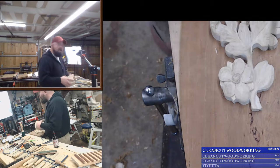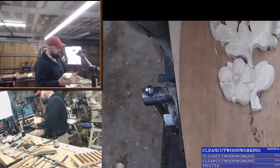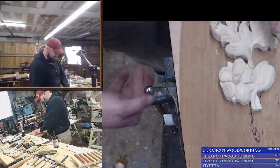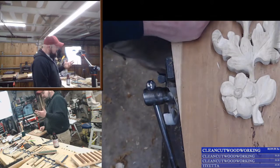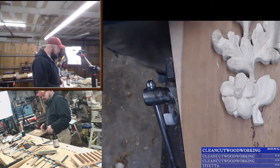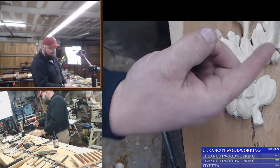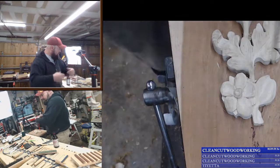Yeah, just try it. Then take a hit with a plane. If you screw up, just plane it the other way. But you'll develop that piece, and then eventually, I'm no expert, but that's what's worked for me. So buy rough sawn, feel which way it is, throw it through your thickness planer the opposite way, because the blades are coming this way. You want the grain to be going that way,